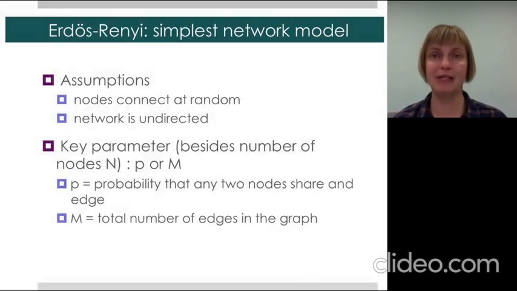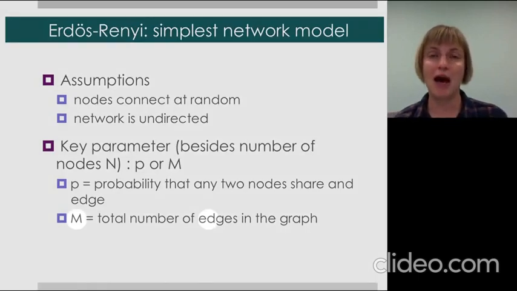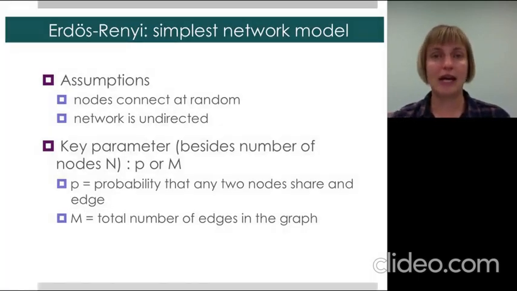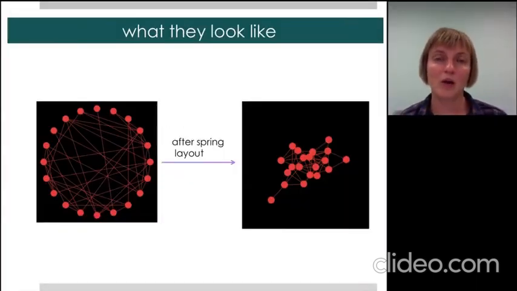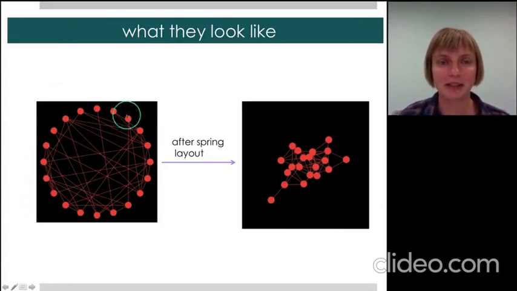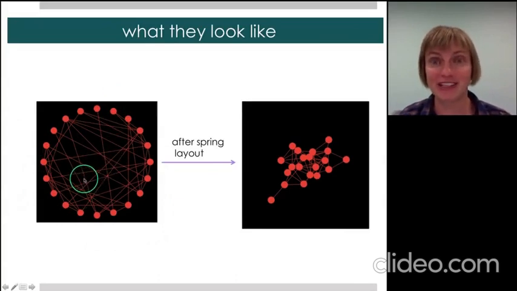So for example, any two individuals might have a probability of 0.1 of having an edge, meaning that 1 out of 10 edges that could exist in the network actually do. Alternatively, what you can do is specify the total number of edges in the network. We'll call this M, and then allocate those randomly among all pairs of nodes. Now, what does an Erdos-Renyi network look like? Here I've taken 20 nodes and I've added some edges at random to connect them, the very definition of an